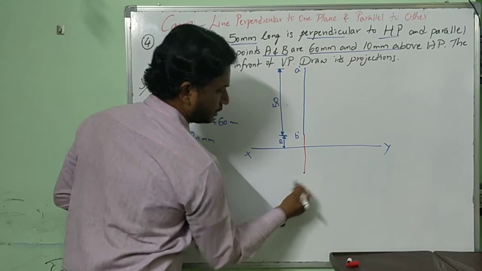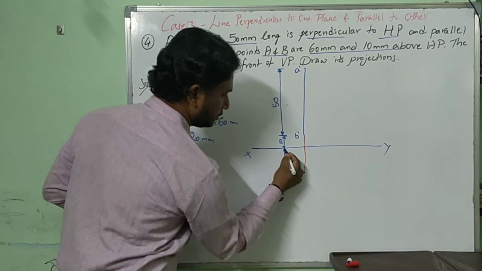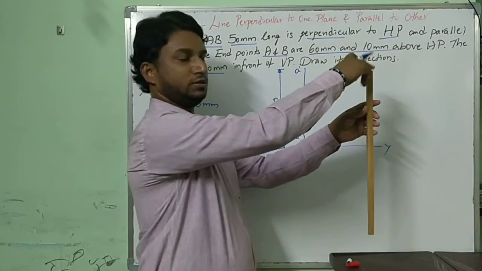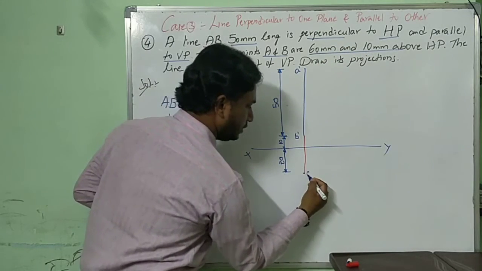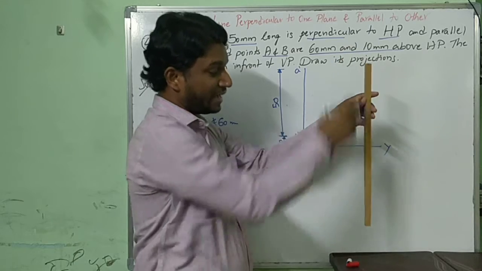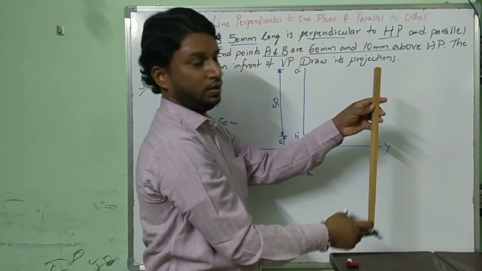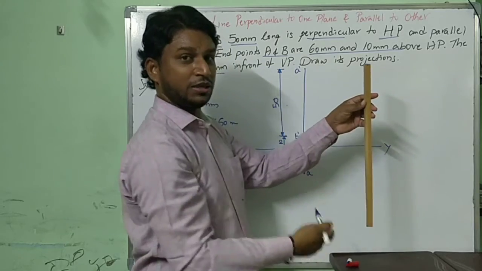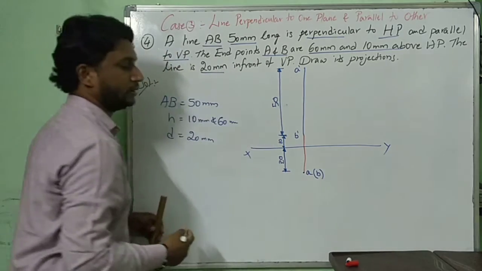Keep a point at what distance? 20 mm. What point will be visible here when you are looking from the top? Yes, correct, the A point. So this is A. How about B? B is at the bottom, right? It is at the bottom of A. A is exactly above B. When you are looking from the top, we will be able to see only A. But underneath it, we have B also. So that we are supposed to show by writing it in brackets.